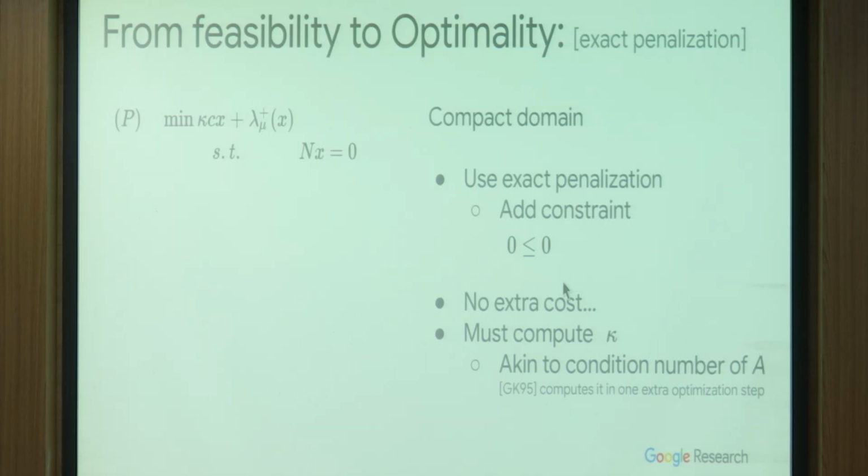What about something called exact penalization, which for me was new, but for people that do convex analysis like Roberto, it's kind of duh. And actually, Grigoriadis and Khachiyan talk about this. And they have, for their special setting, a way to find this exact penalization. And what they're doing, so what is lambda mu? Lambda mu is regularization of the violation. And note that the violation is 0 in the border, but it could go negative.